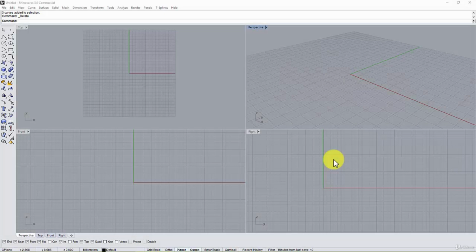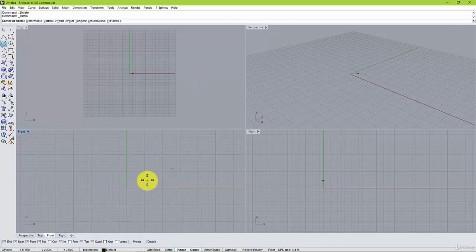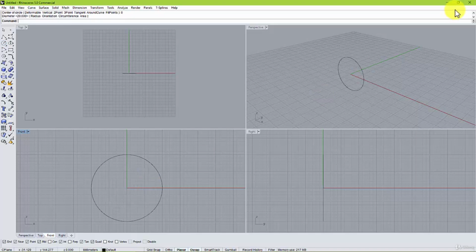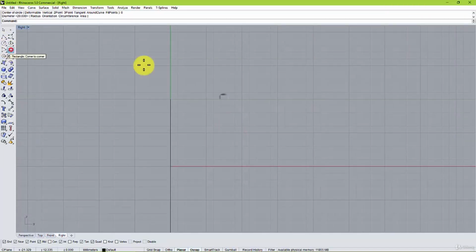Again, guys, let's make another video. We're gonna make something very similar to what we were doing before. So we're gonna start with a finger size from the front view, center of circle 0, diameter 20 or whatever you want, and I'm gonna make a rectangle that's gonna be 4